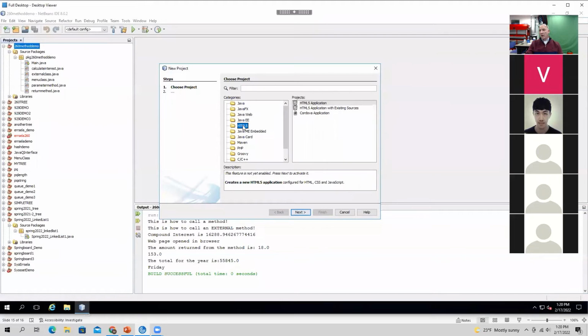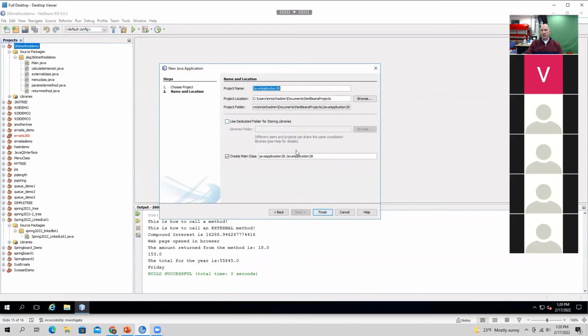HTML5 is a new interactive type of HTML. You can create that inside of the IDE. But Java, JavaFX, Java Web, Java EE are different versions of Java that do different things inside of the IDE. Okay, we're going to stick with a basic Java project today, and you're going to create a Java application. And what you'll see as you go through that, you're naming the Java application a certain way, and you're creating different things in the Java application that are going to stay with the Java application throughout.